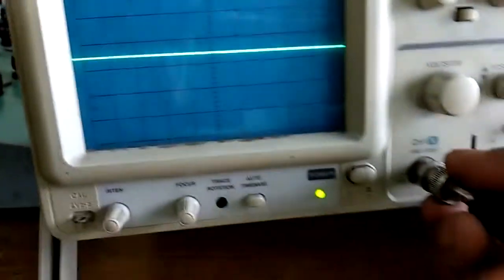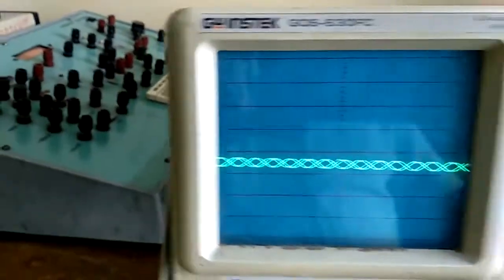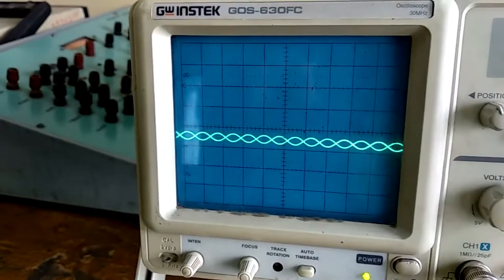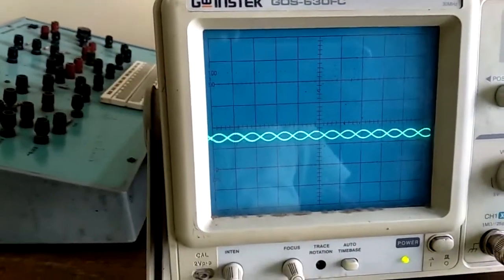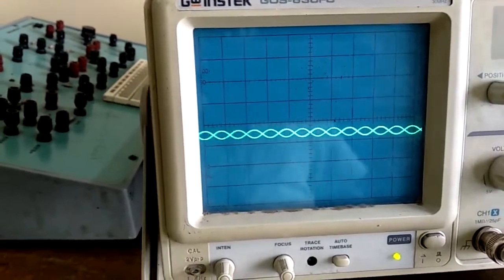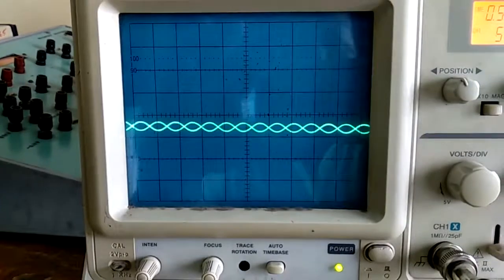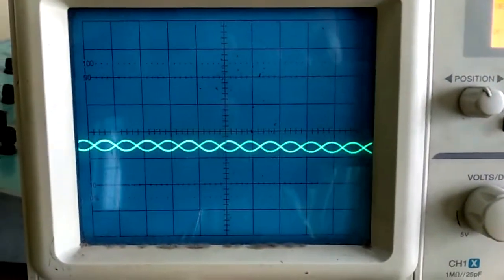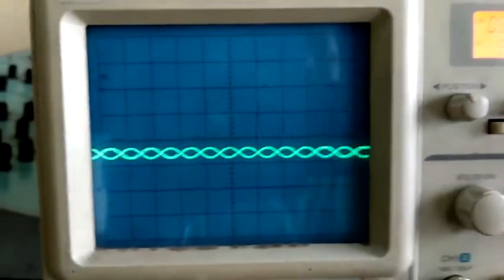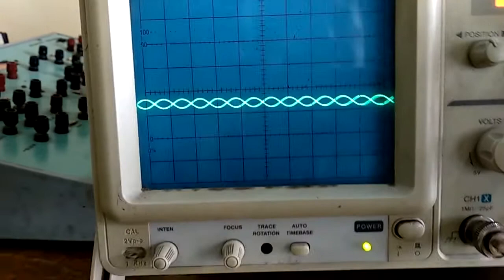and to channel 1 in the CRO. Okay. Now we find one small signal is coming, and that signal is not stable, slowly moving or rolling. So first our task is to make that signal clearly visible on the screen. So that's how we have to calculate and measure the signal properly.